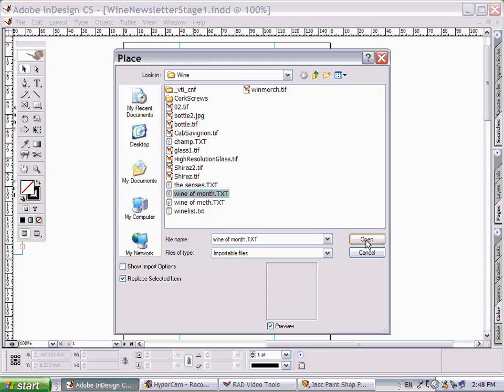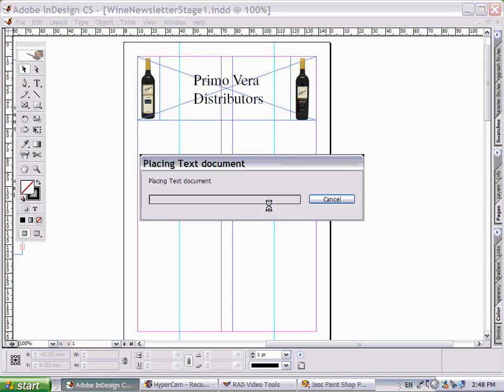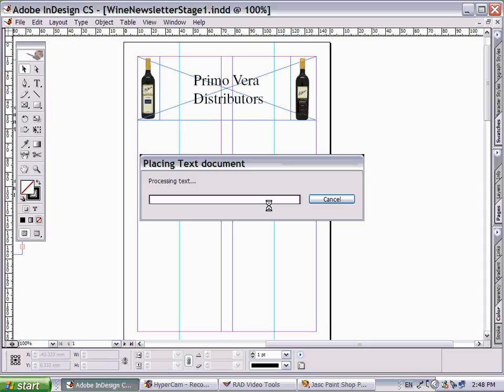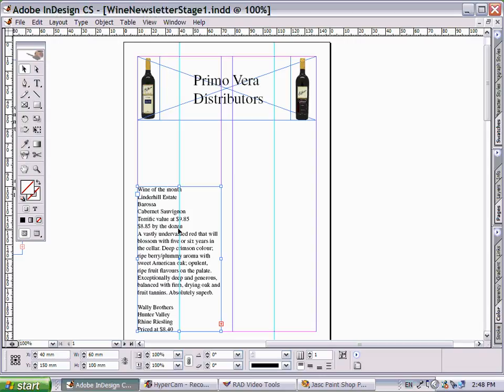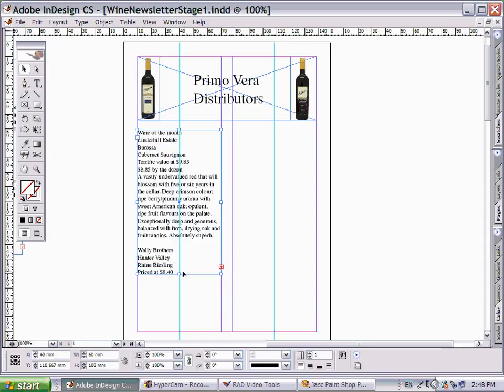But for the moment, we'll open Wine of the Month, because what we're interested in learning about here is how do we put a story on a page and how do we make it flow from one column to another. So we click Open, and our mouse pointer should change to a different shape, and it does. We can do this in a number of ways. We can click on the left-hand side and position it ourselves, or just click in the middle of the frame, and InDesign just radiates out and grabs the two edges,